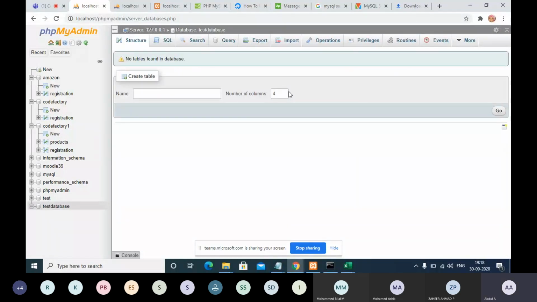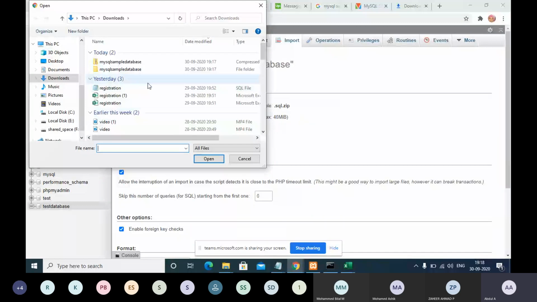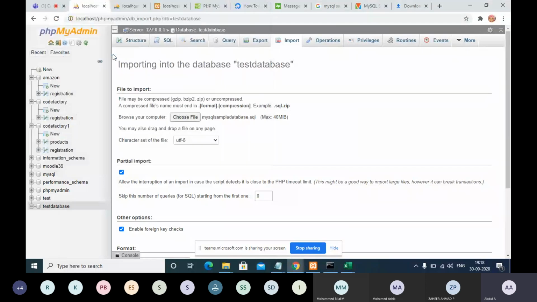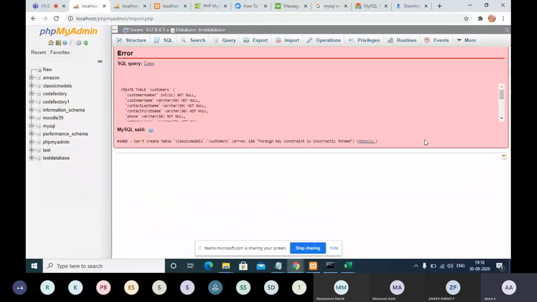So I have created one database. Now I'm importing tables from the downloaded source, MySQL sample database .sql. Just click go.